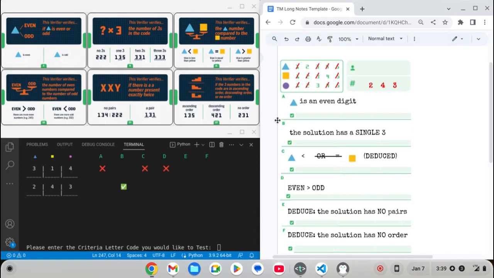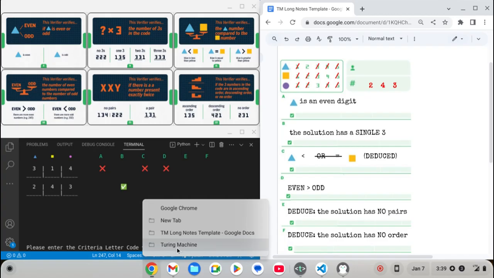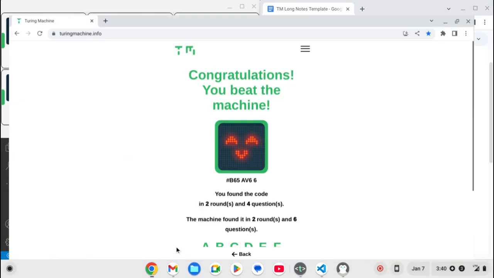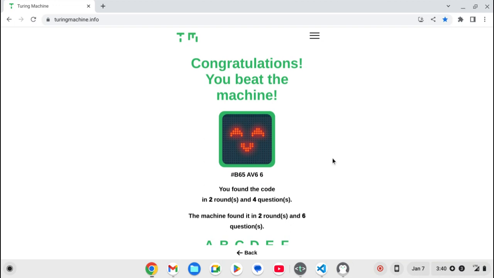Well, of course, no doubt, recalling how criteria card E and F interact, knowing that we could deduce those 2. I did, of course, delay that, so I just focused on A through D, and I did choose to ignore criteria card B, but yes, definitely this deduction really helped out. Well, what about you? How did you solve? Did you recall those deductions from previous videos, or did you find something else that you'd like to share? Something I like to refer to as aha moments, when you pick particular criteria cards and proposals and you discover something